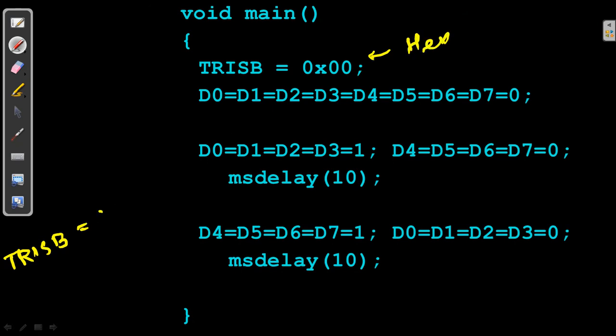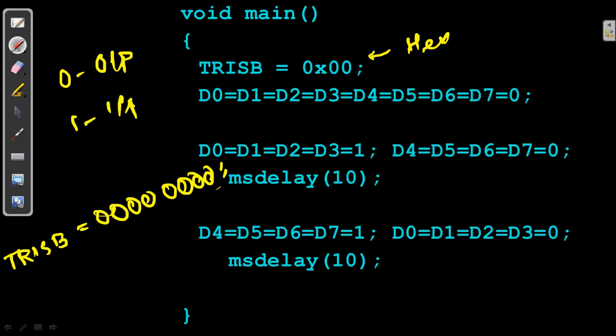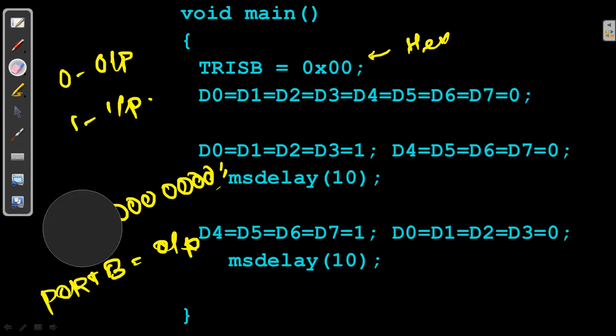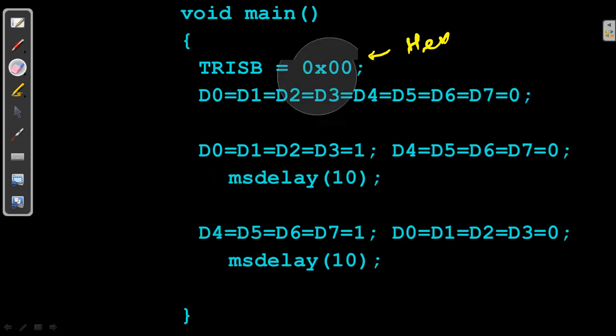In binary it will be 0 0 0 0 0 0 0 0. So 0 means output, 1 means input. I am writing zeros in all the bits of TRISB. That means the whole port B register will be treated as an output port. That is necessary because I am using port B for LEDs, and LEDs are output devices.